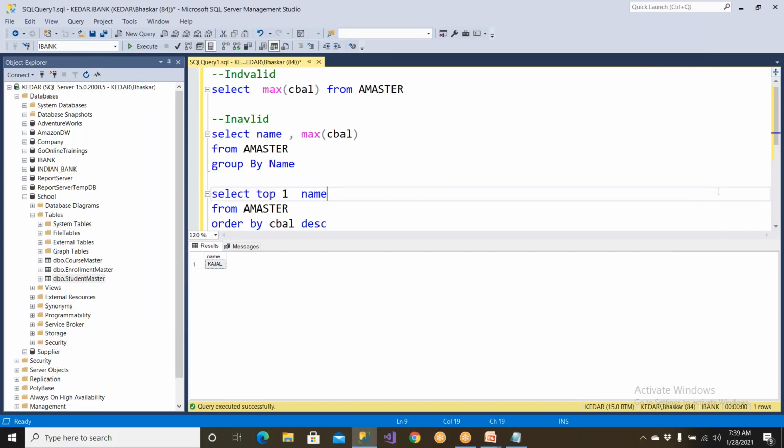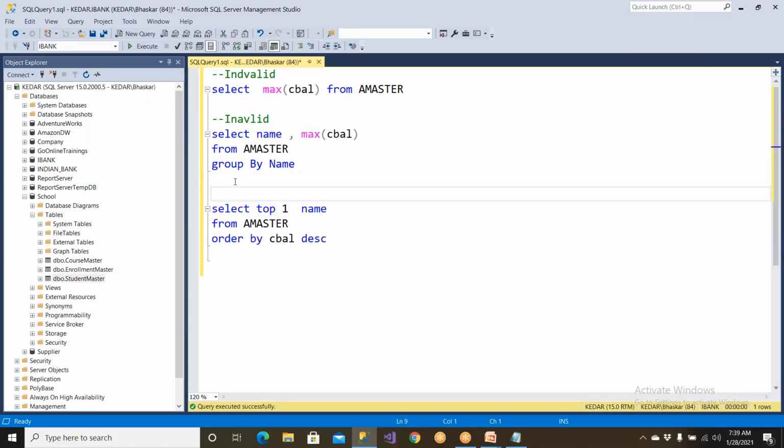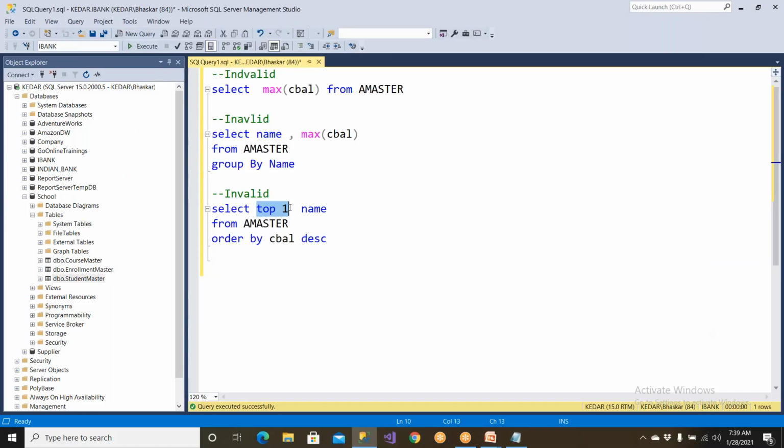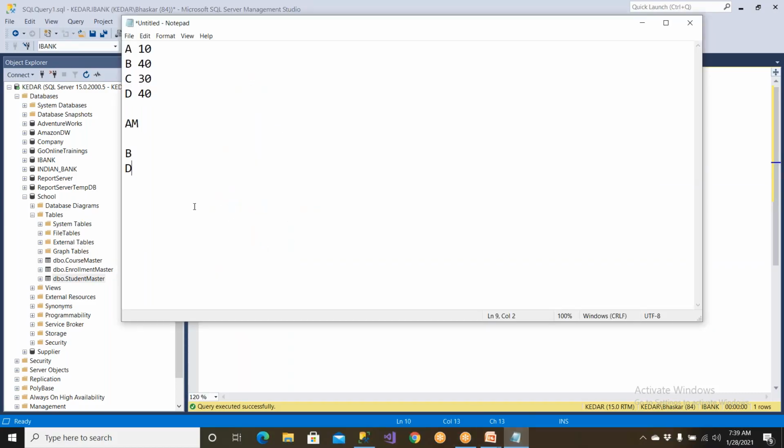But unfortunately, this is also invalid. Why is this invalid? If you have only one guy, you can get it, because tomorrow this guy also has the same balance. Clear? What would be your answer? You're supposed to get a B and a D. But since you put one, you will be able to get only one guy, but you're supposed to get two